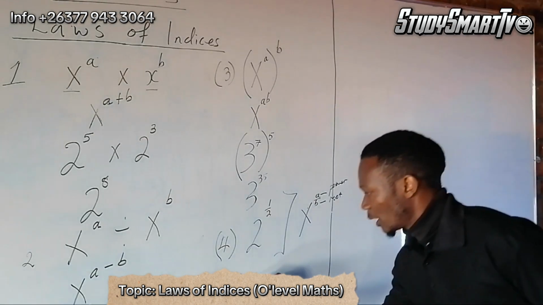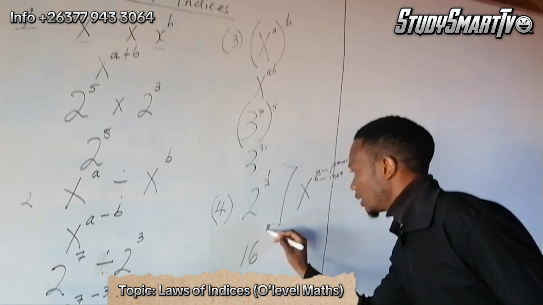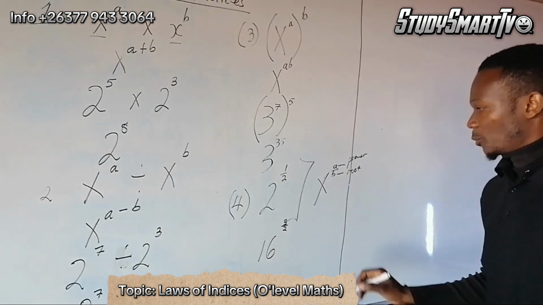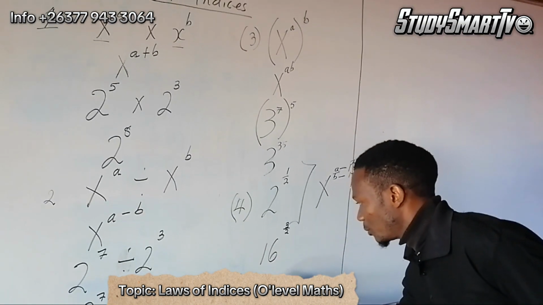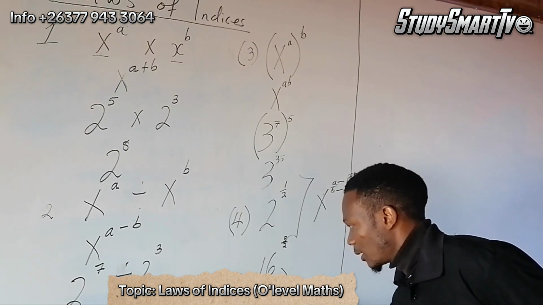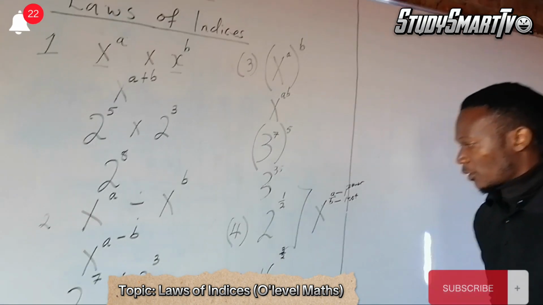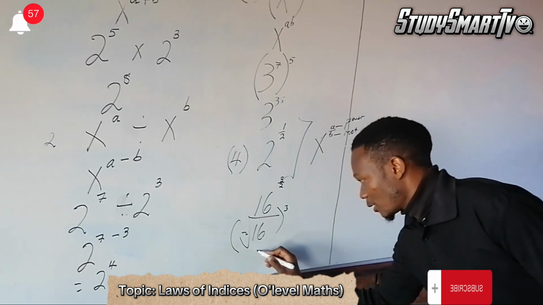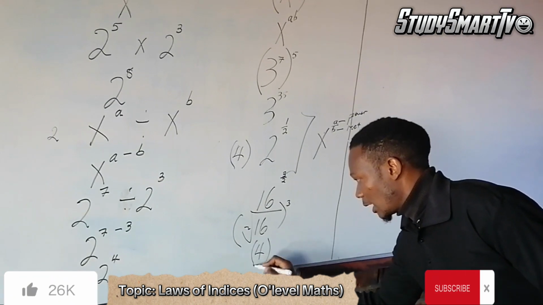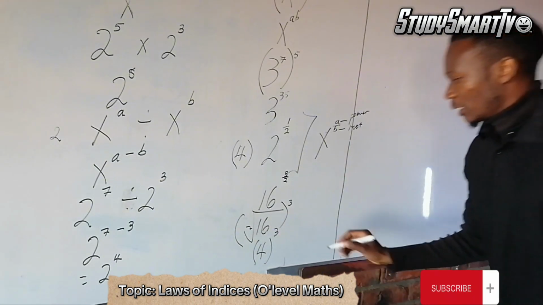So here, if we have 16 to the power 3 over 2, we mean to say our question will be 16, the root of 2, then our answer to the power 3. So we mean to say the square root of 16 is 4, then raised to the power 3. 4 to the power 3 will give us